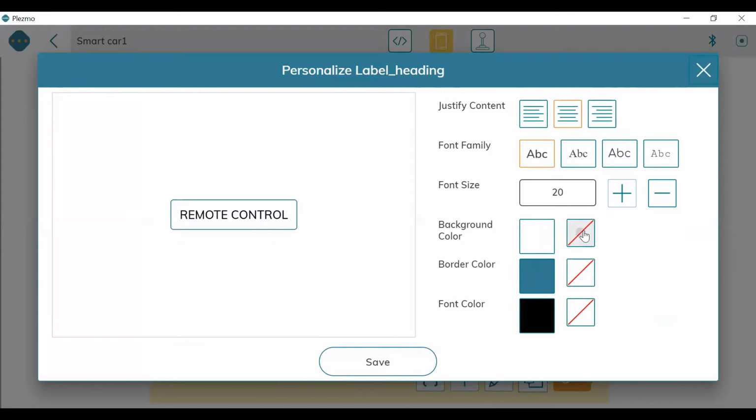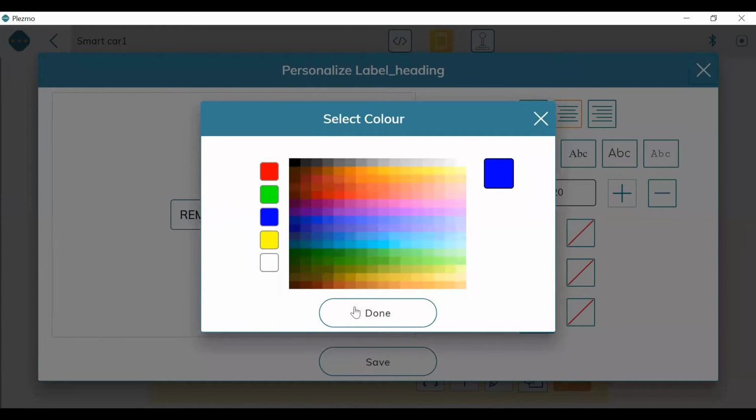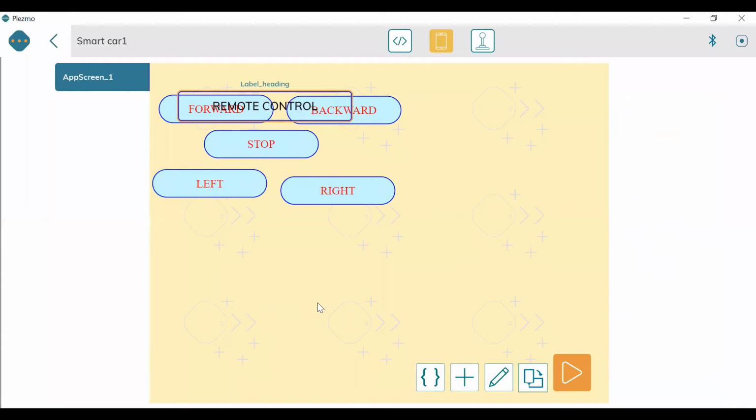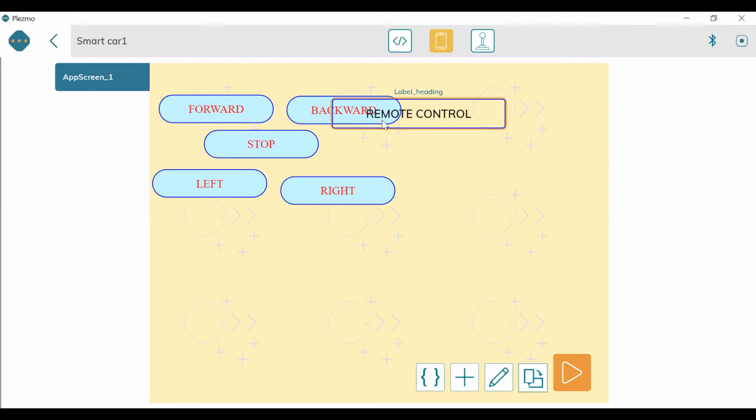And I don't want any background color. I want border color as dark blue. Then let me see. But now it is coming here. So what we should do is, if it is a heading, then we have to shift the positions of our buttons.